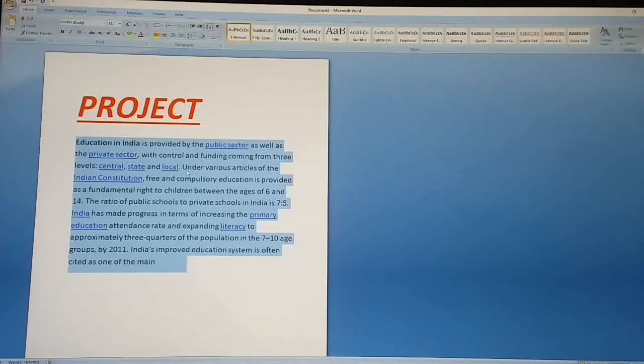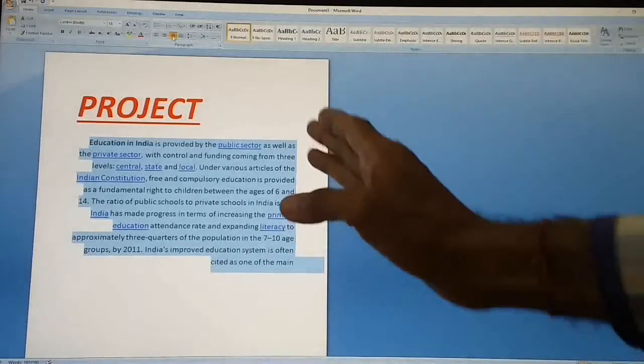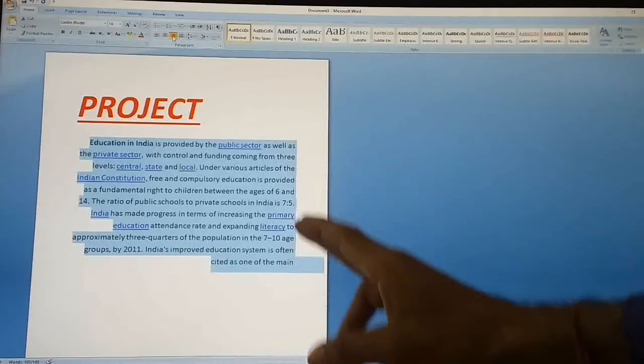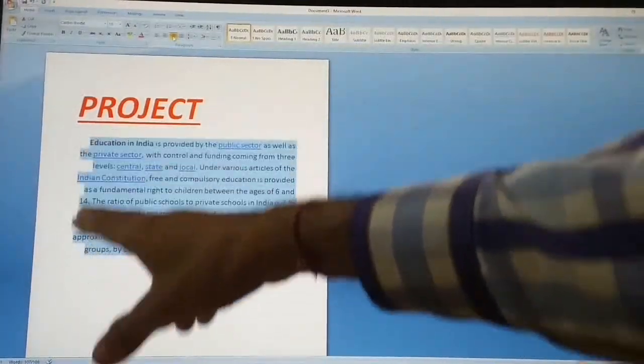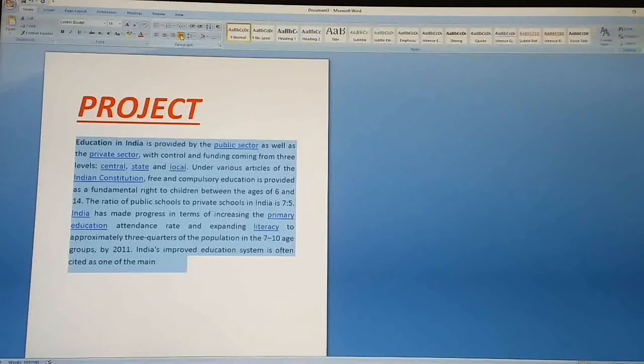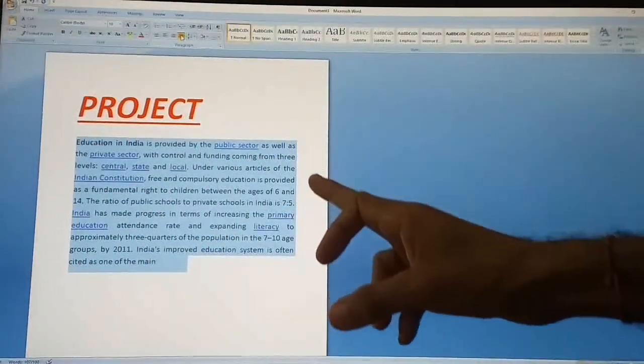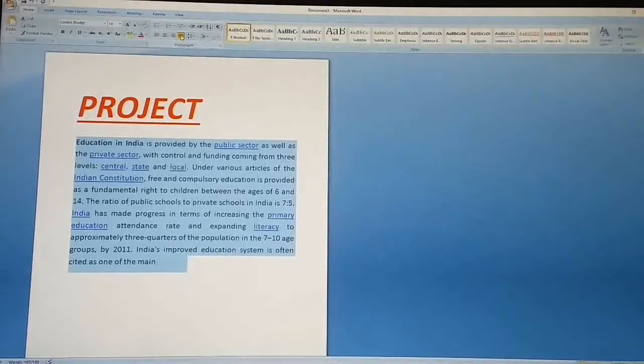By default it is left alignment, we can make it center alignment like this, or right alignment, where the right side margins are all the same but the left side is not. And if we use justify alignment, both left side and right side margins are the same and it looks attractive.